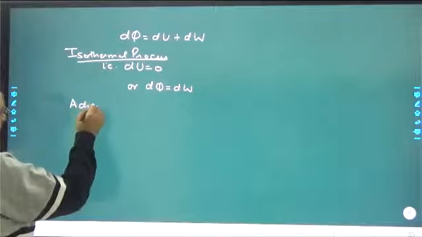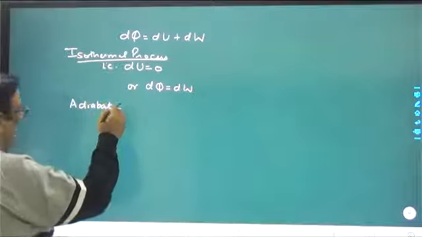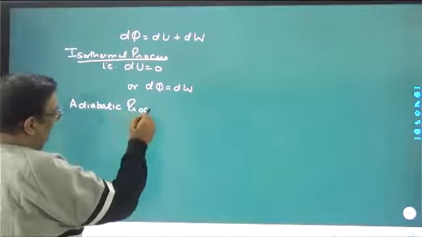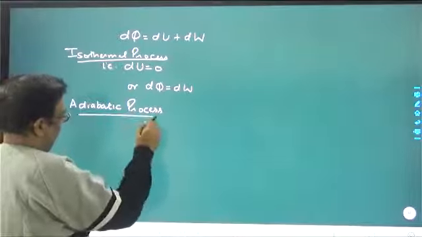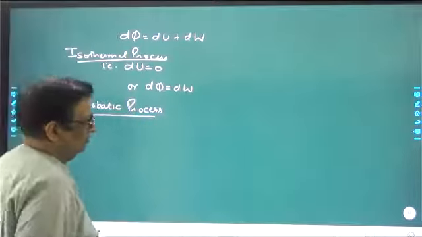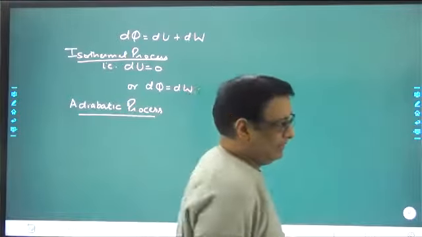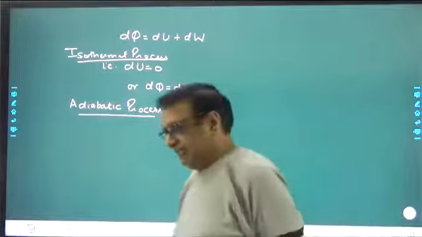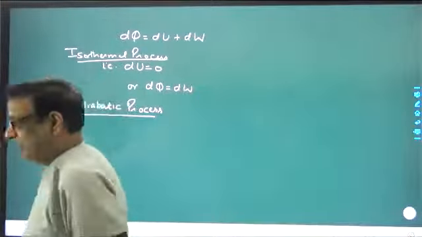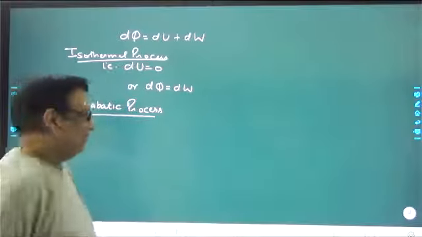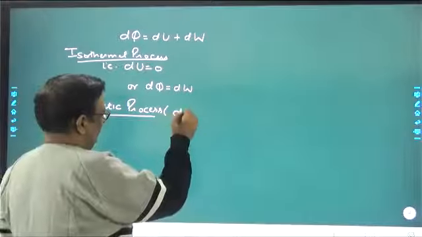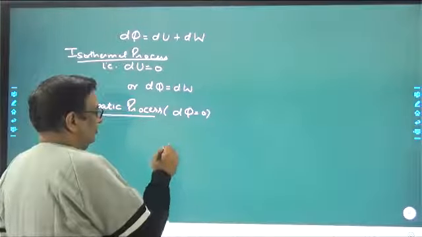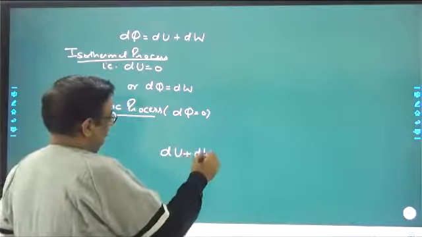Second case is adiabatic process. Adiabatic process कौन सा होता है? No heat energy is exchanged between system and surroundings. So heat energy system और surroundings में exchange नहीं होगी, मतलब dq zero है. अगर dq zero है, तो first law of thermodynamics implies that du plus dw is equals to zero,